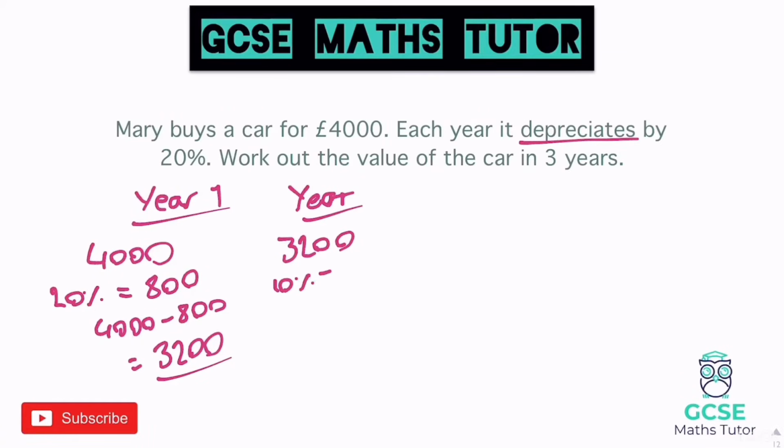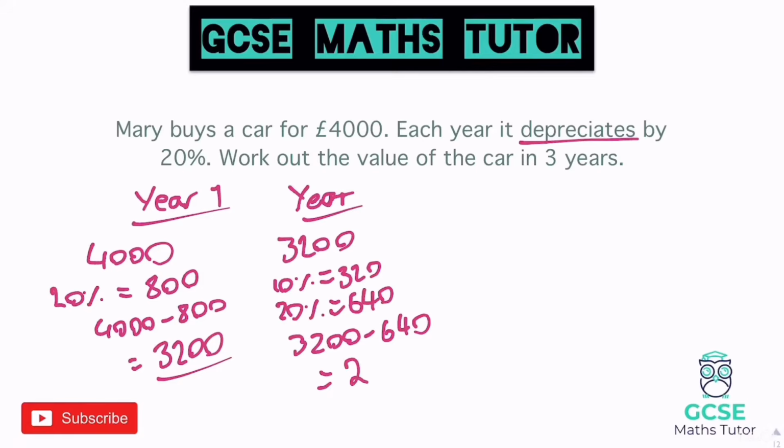10% of that is 320. 20% of that is double that, 640. And we could subtract 640. So 3,200 take away 640 will leave us with our answer for the final year. Take away 640 there, gives us 2,560, and we can finish this off, or I should have said year 2, we can finish this off on